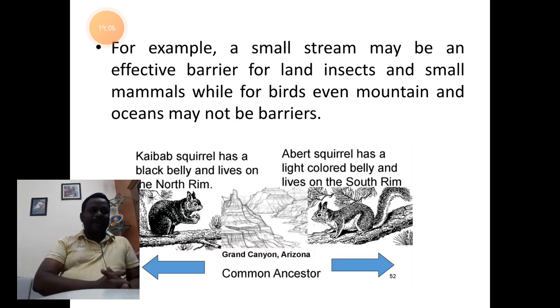Another example for geographical isolation is a small stream of water acting as a barrier for insects and birds, and even for small mammals like squirrels. The example of squirrels, when we look at the Grand Canyon,